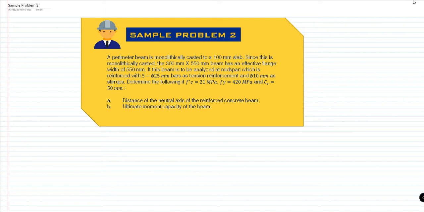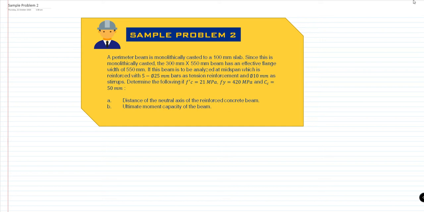of 550 mm. If this beam is to be analyzed at midspan, which is reinforced with 5 diameter 25 mm bars as tension reinforcement and diameter 10 mm as stirrups, determine the following if f'c is 21 megapascal and Fy is 420 and the concrete clear cover is equal to 50 mm. So the first is the distance of the neutral axis of the reinforced concrete beam, and B, the ultimate moment